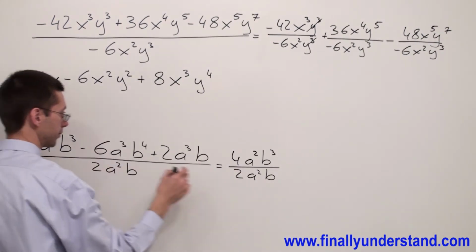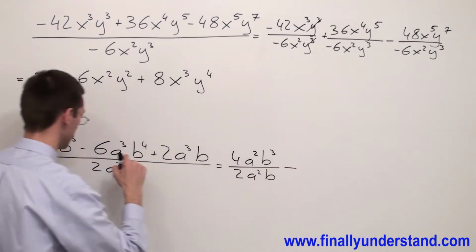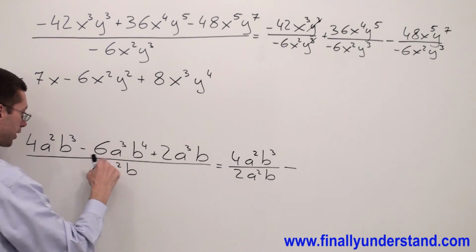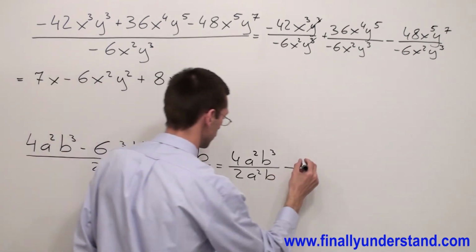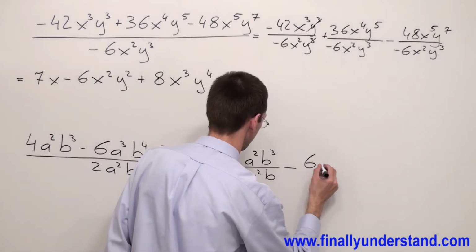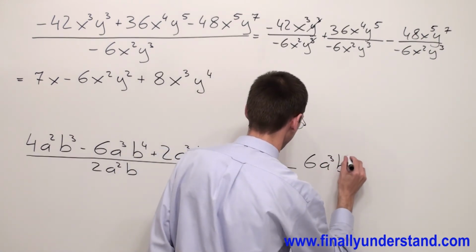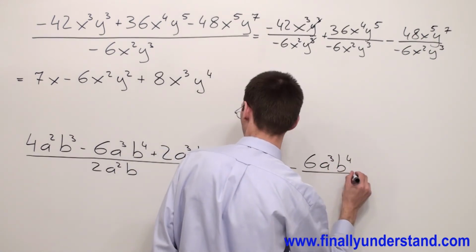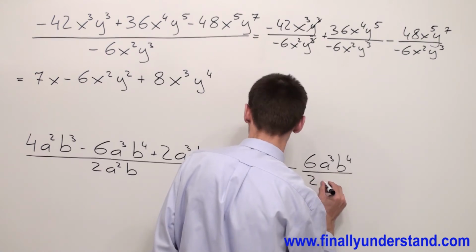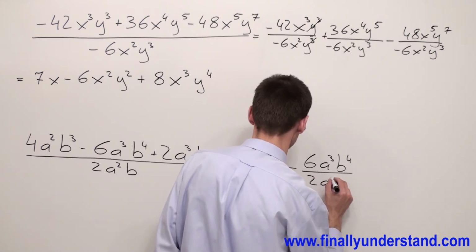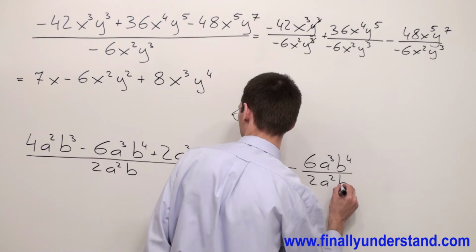Subtract this term divided by this one. So I have 6a to the third b to the fourth over 2a square b